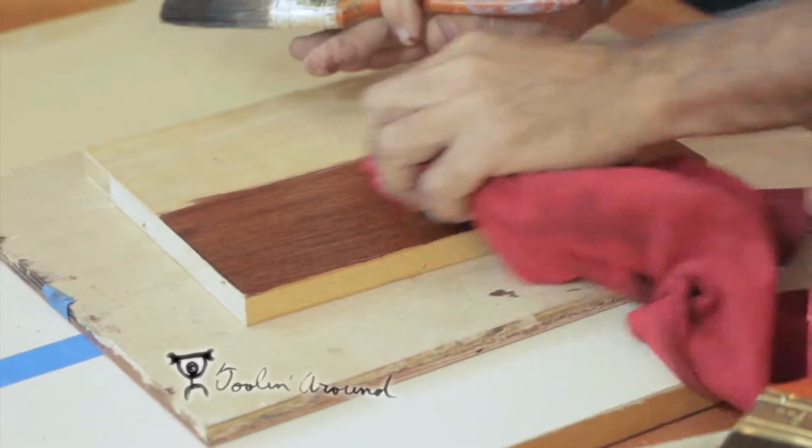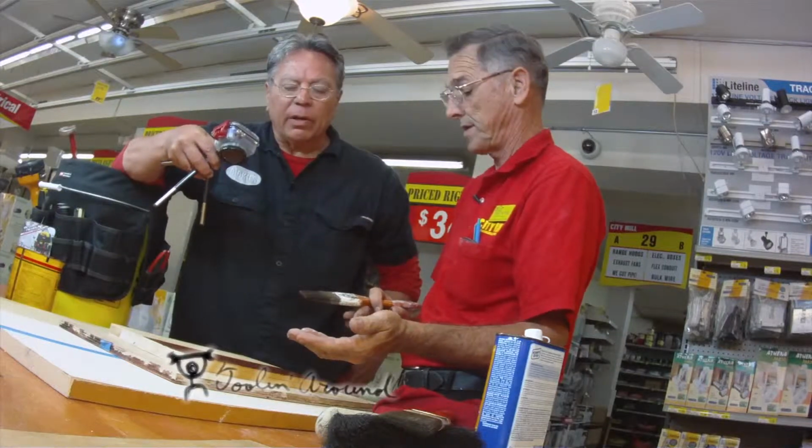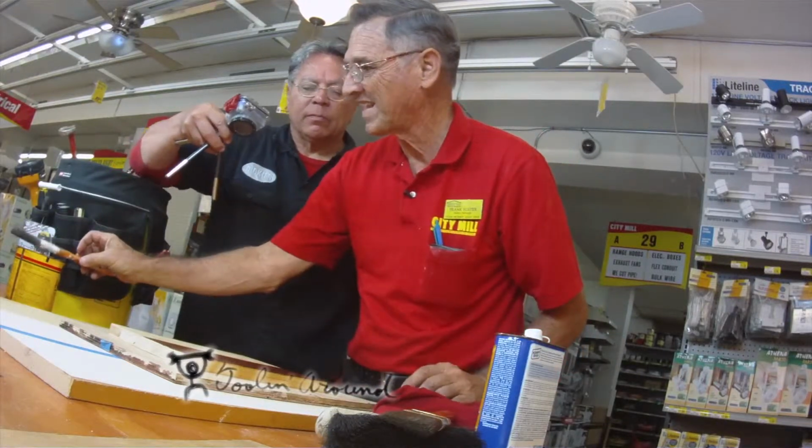Now, that's beautiful. Right, and if you decide that it's a little bit too light, you can always put another coat. Okay. Now, gel stains are...